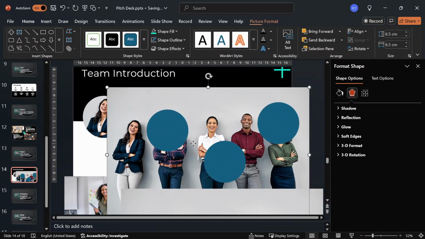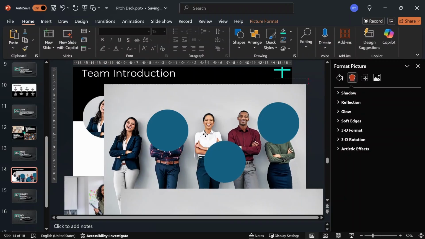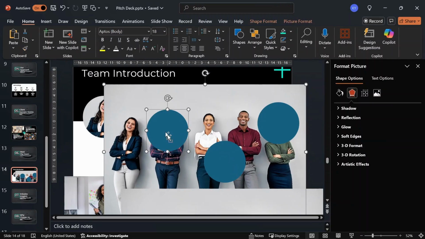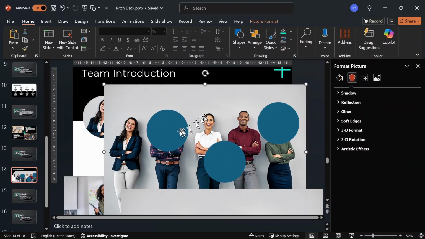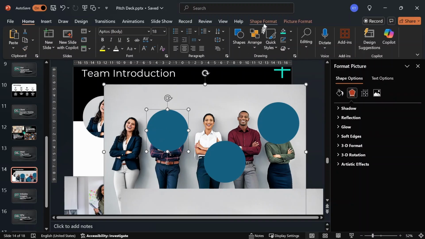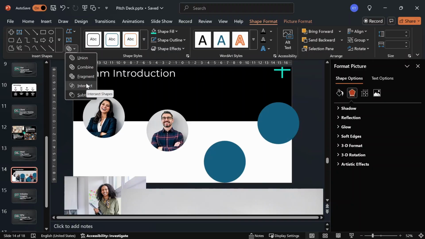So for this headshot, no problem, no worries. I'm just going to kind of eyeball it. I'm going to use preview before I commit. Select both of them, image first. I'm going to deselect them. Image first, circle second. Go to shape format, go to intersect. We're going to go to this,